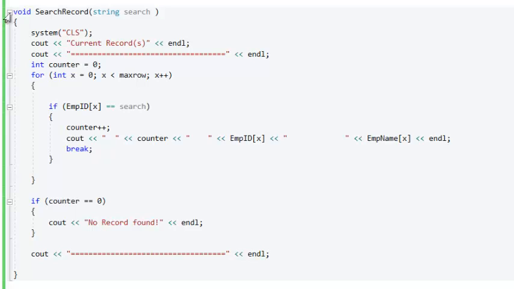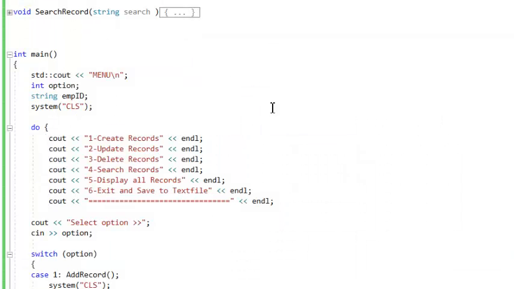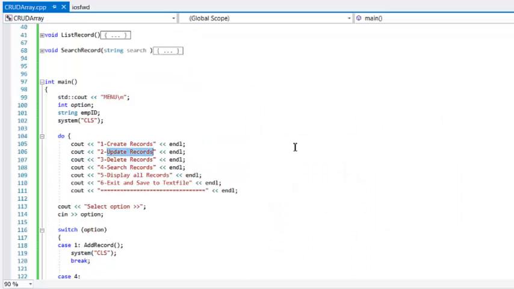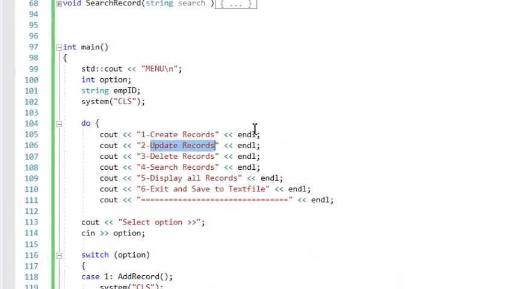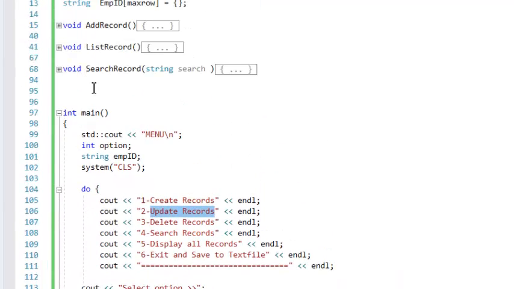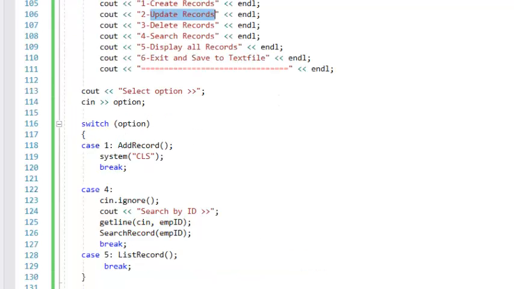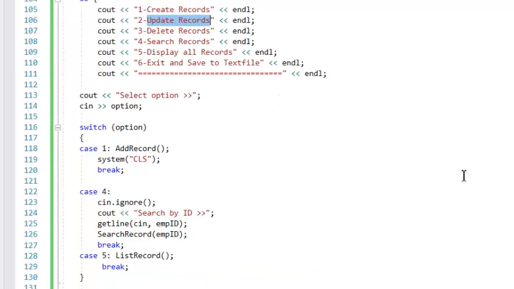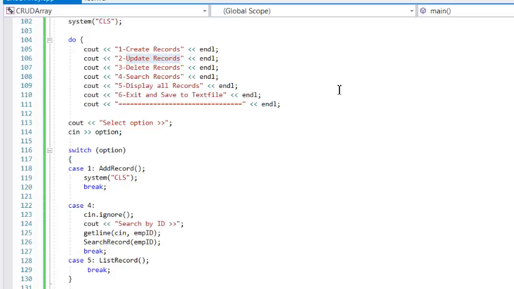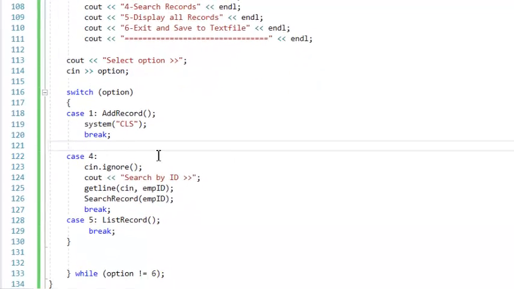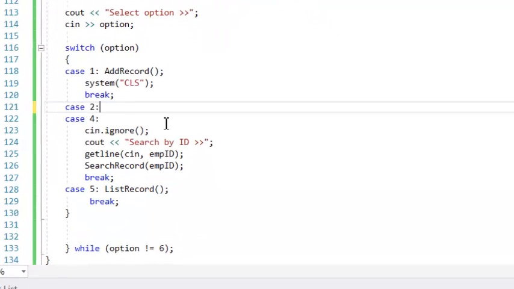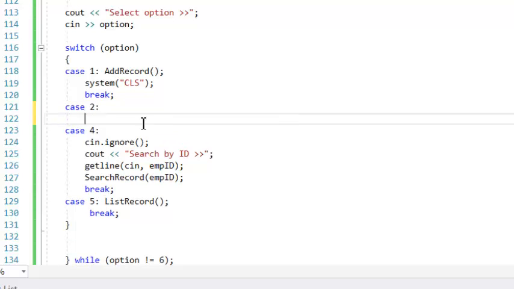So next is how to update. This command is the same as search. So we will search first, then if an employee ID matches, we will apply the update. So we will add another option. We add another case 2 here, when the user presses number 2. Okay, so we will add cin ignore